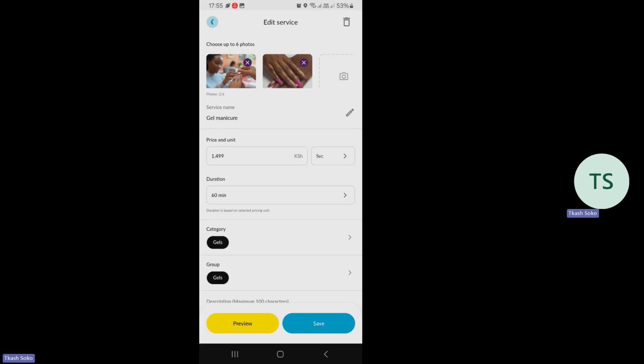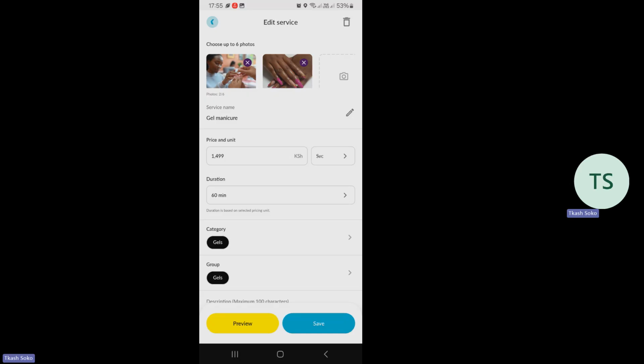So you can add up to 6 photos. The importance of having as many as possible is that customers can get to see. So you can take pictures from different angles. Unaweza chukua different angles and then you add them hapo, so that customers are able to review your work and see ya kwamba what you do is actually something that they would want done for them. That is under nails. And if you own whichever type of business, you would want to advertise it now using correct images za kila kitu kenye unafanya.